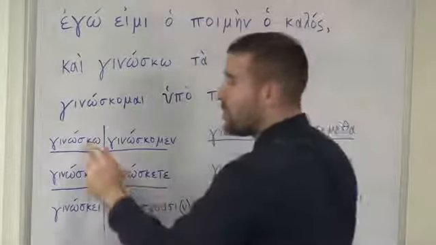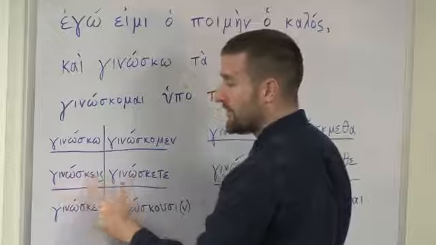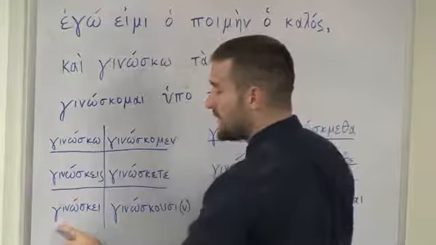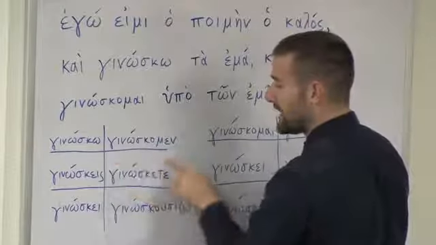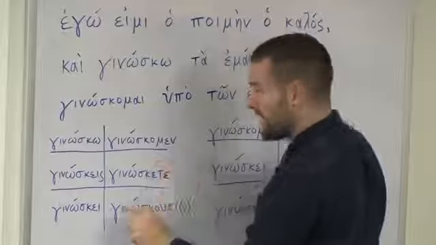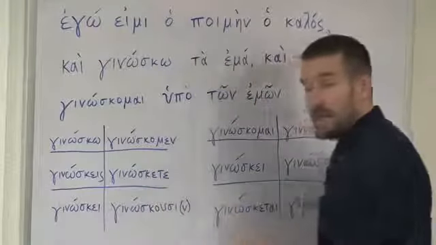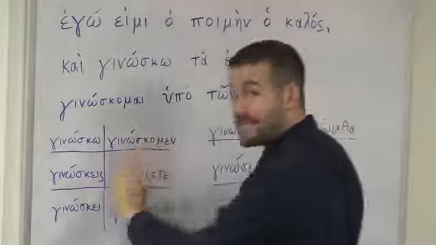So I know is ginosko, you know is ginoskis, he knows is ginoski, ginoskomen, ginoskete, that's of course we know, you know, plural, and ginoskusi means they know, all right? So these are your active